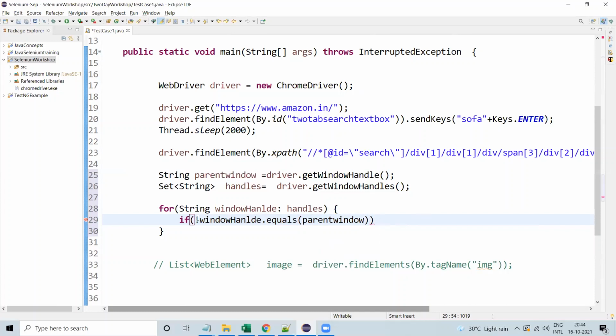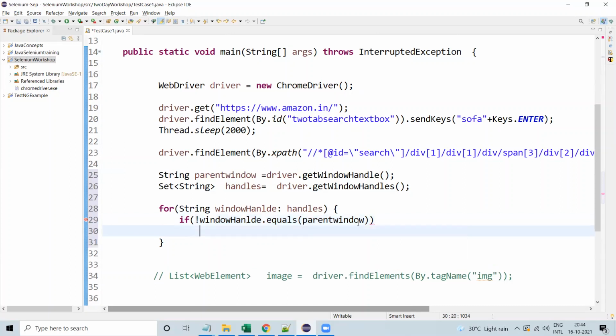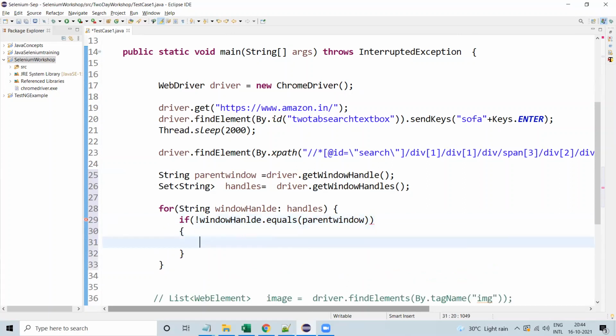Why am I adding a not over here? Because only if it is not the parent window can I make sure it navigates to the other window. Because if it is a parent window, I will explain one more time. One second, I will complete this and come back.